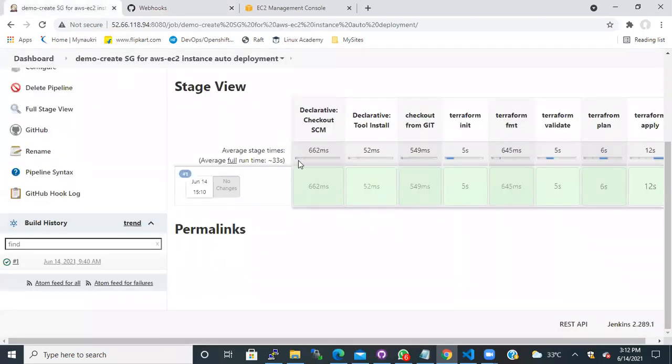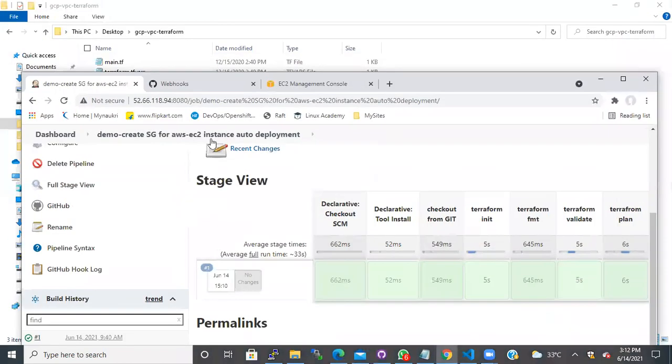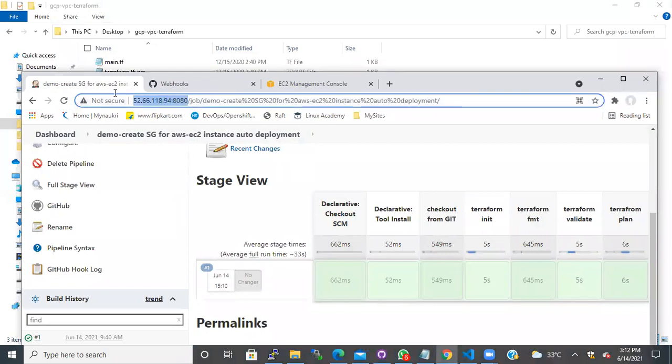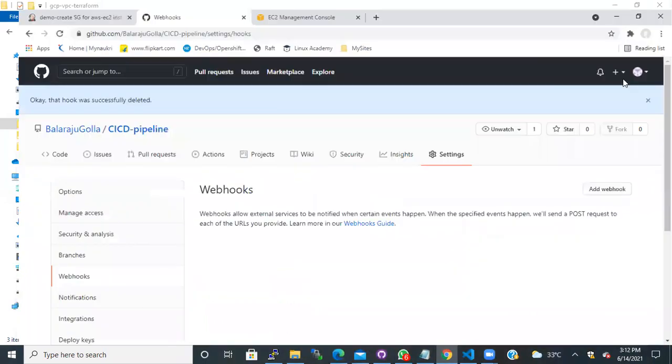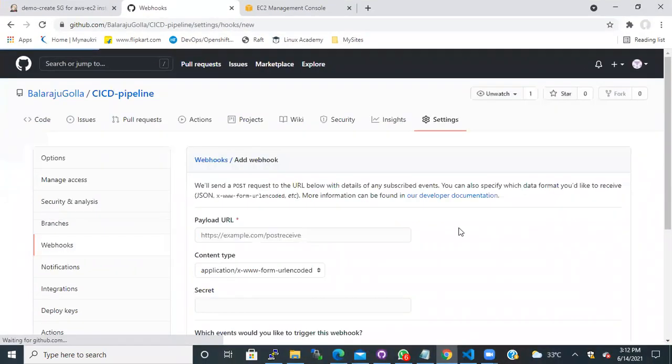Okay. GitHub. Add webhook. GitHub hyphen webhook slash.